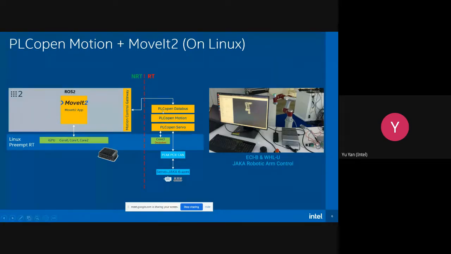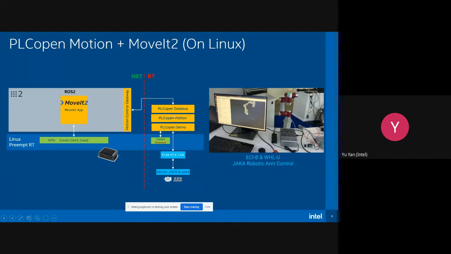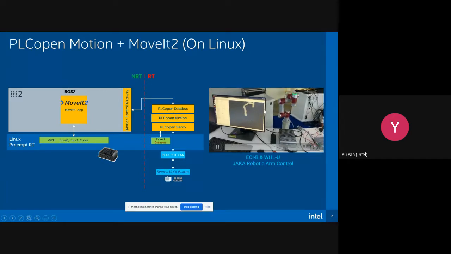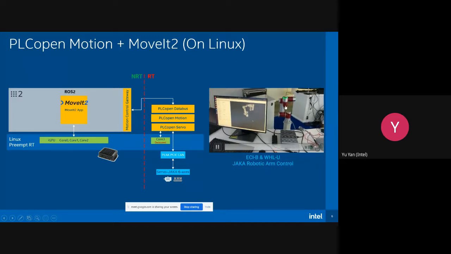And on this slide, we demonstrate the proof of concept of how we connect the PLC Open motion to MoveIt2. You can see that we run the PLC Open motion control to drive each joint motor of this six-axis robot arm,